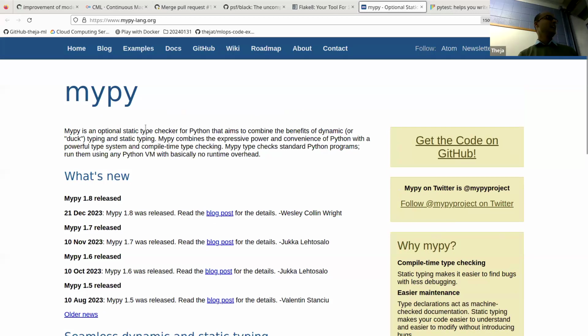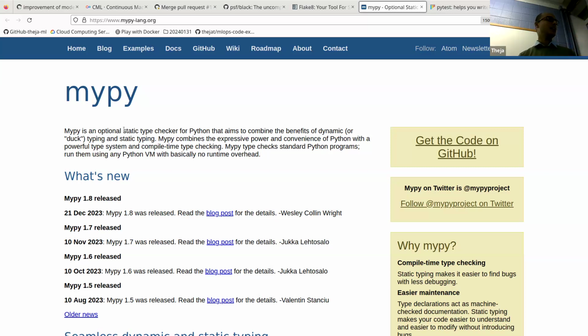So it's basically checking the integrity, getting rid of bugs in the program without running the program. Okay, and this makes sense for programs which are strongly typed, like C++, Java. You have to say explicitly what the input type is and what the output type is. But in Python, you just put a variable name, but it could be a list, it could be an integer, whatever, right? So that leads to a massive amount of bugs, especially in large code bases.